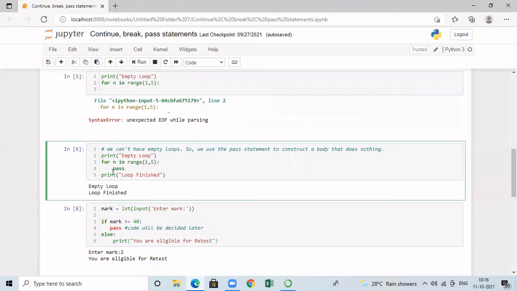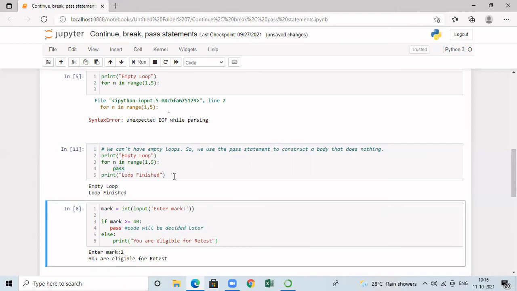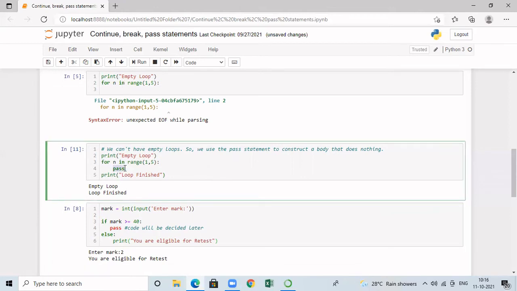And now inside the for loop, I am giving pass. So this pass statement is now used as a placeholder. In future, if you want to replace anything, you can simply remove the pass statement and write the group of statements as a block of code. And after the loop, I have given the message loop finished. When I execute now, I'm not getting any error. In the previous case, I got the error, but now with the help of the pass statement, when I have the empty loop, I'm not getting any error.